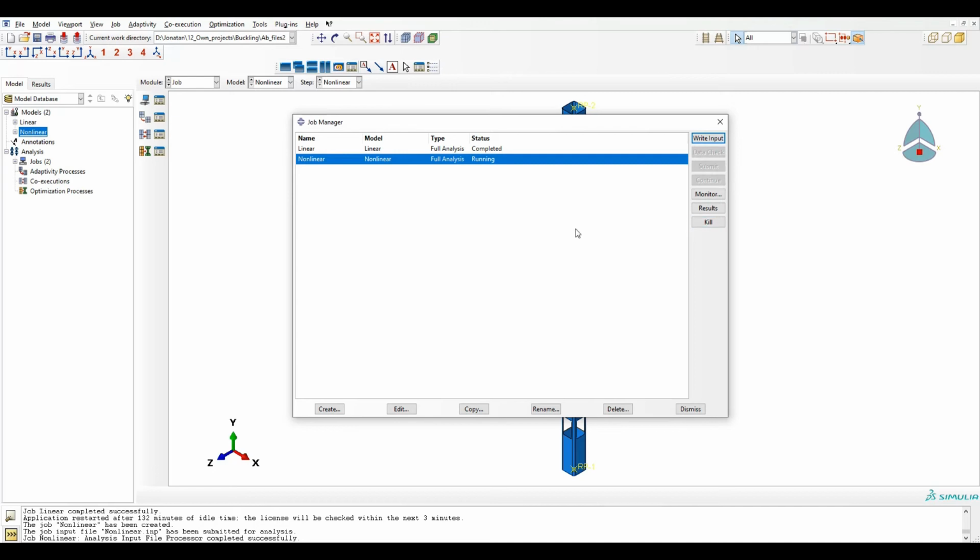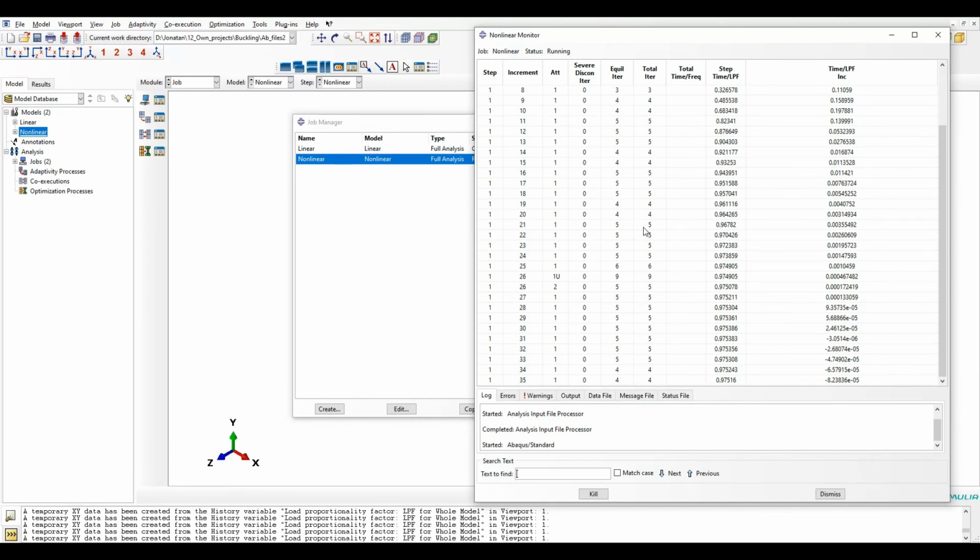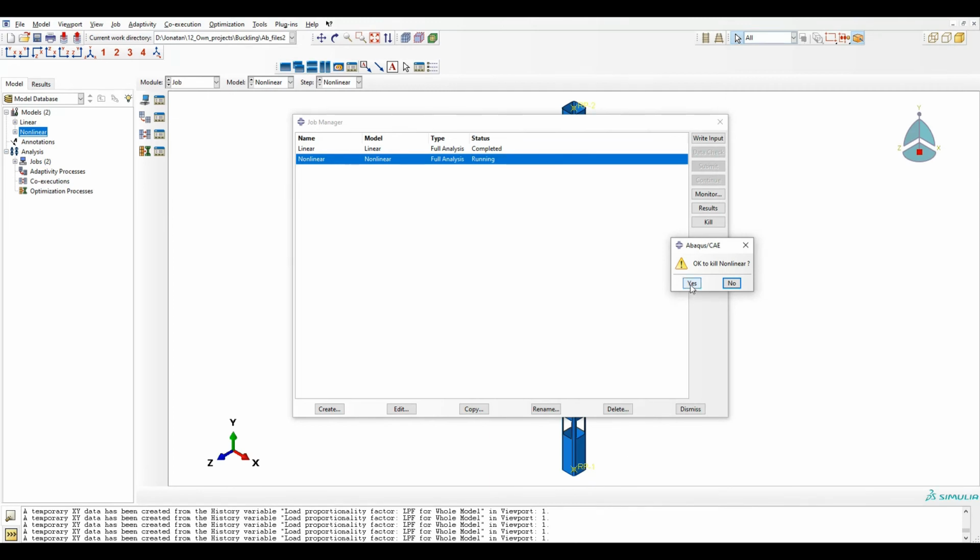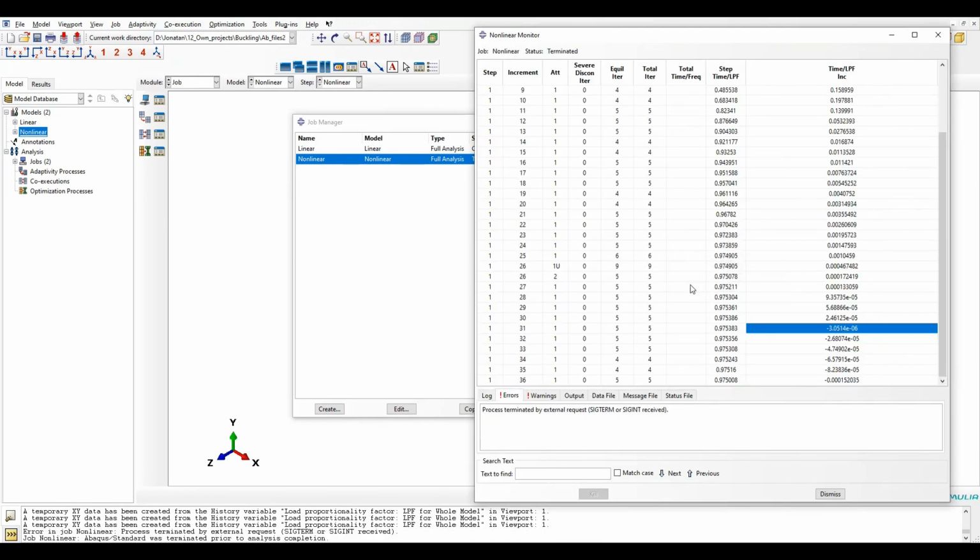So I'm going to pause the video, and I'll be back later when I see we can kill the job. I will do it to show you. Here I'm back again, so we can see here all the iterations. We need to just check when the time incrementation is negative, so that means we can kill the process. Yes, so in this step it would never stop, unless we do it.